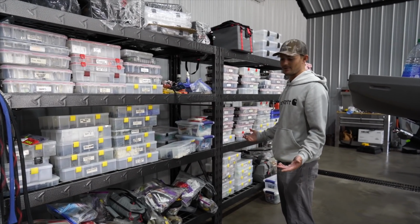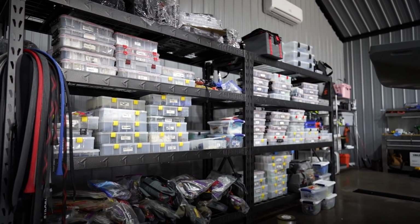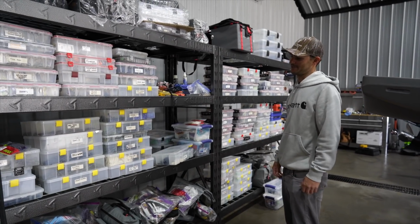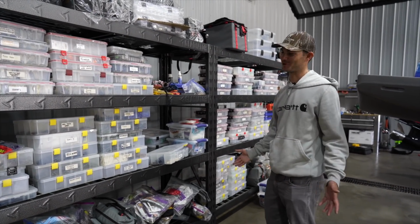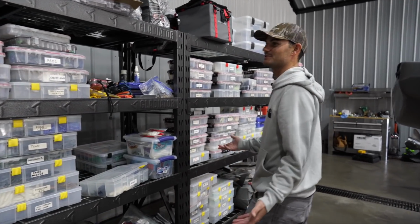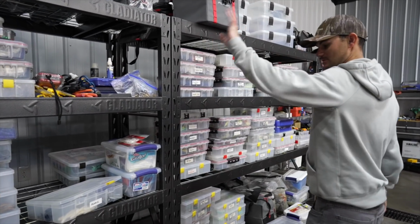I just accumulate a lot of tackle, like any fisherman. I mean, we all have a lot more tackle than we probably ever need or use. But it's fun. You got to have that retail therapy every now and then. So this is kind of what this is. And I do fish for a living, so I got a good excuse to have a lot of tackle. But soft baits,